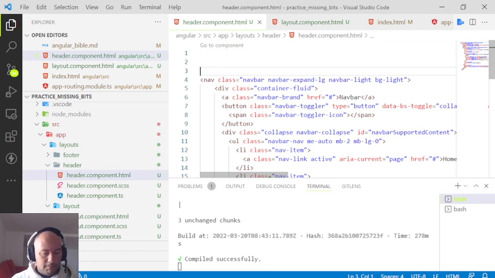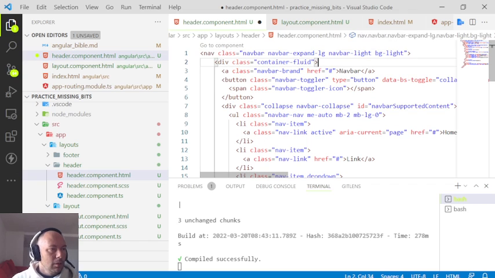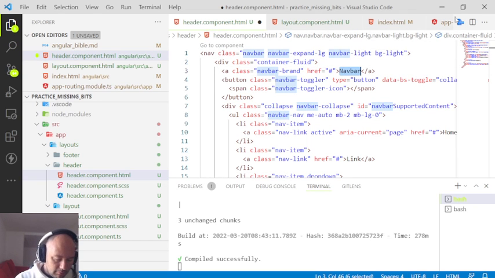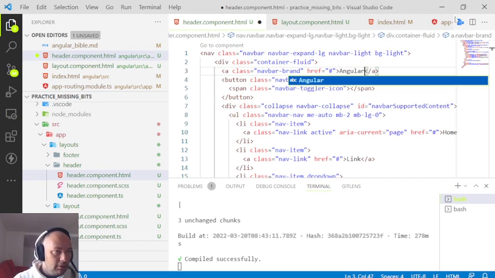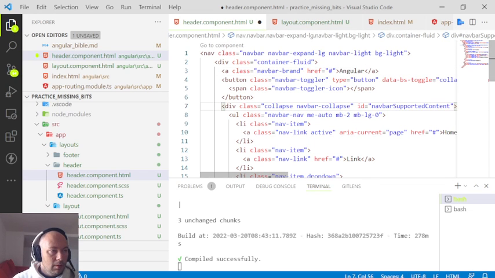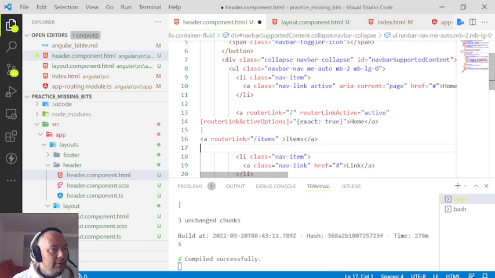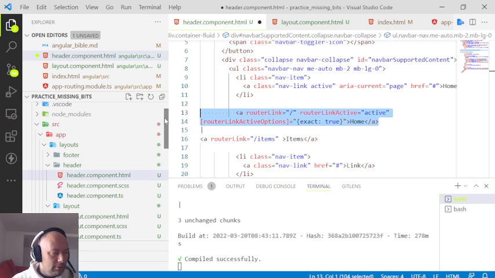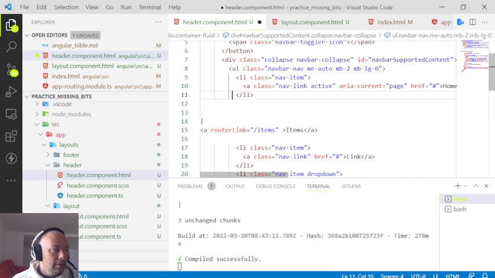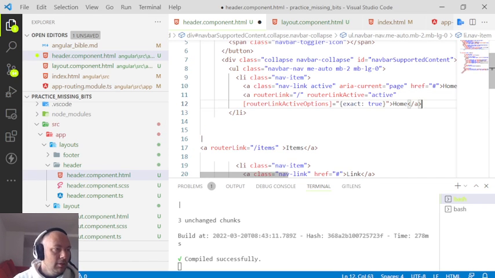So now instead of just a route, I could add my, okay,